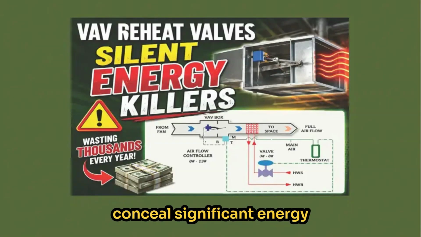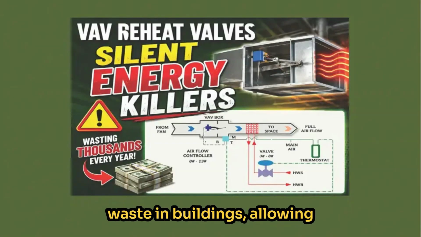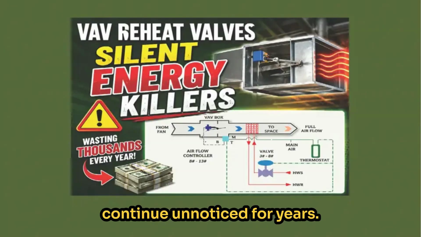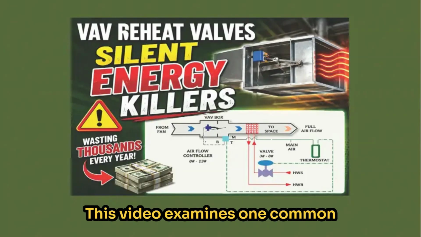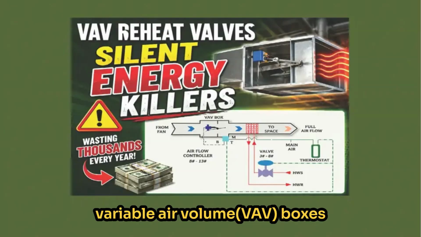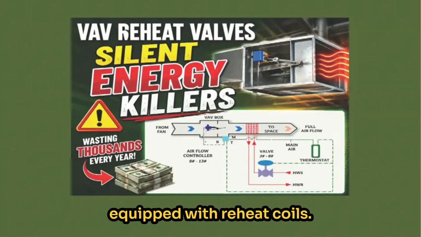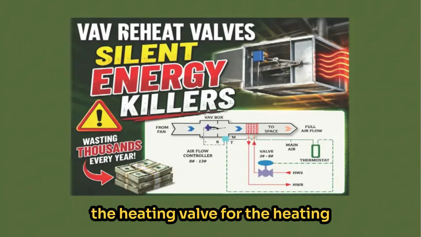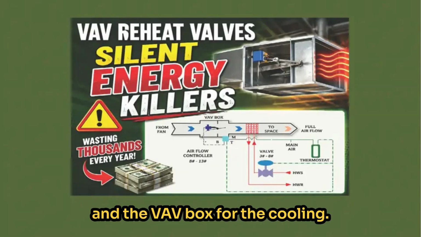Control systems often conceal significant energy waste in buildings, allowing major inefficiencies to continue unnoticed for years. This video examines one common but costly example involving variable air volume, VAV, boxes equipped with reheat coils. In a typical VAV reheat system, the room thermostat controls the heating valve for the heating and the VAV box